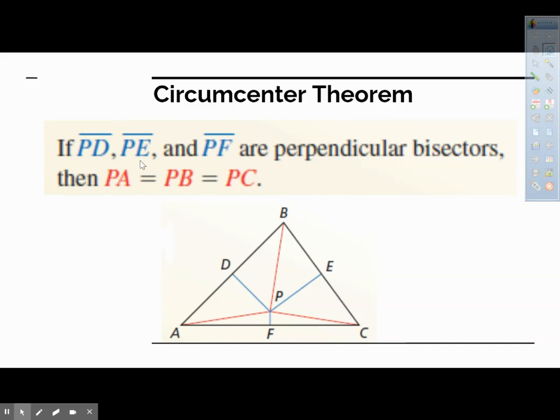It says if PD, PF, and PE are perpendicular bisectors, then that means the length of PA is equal to the length of PB, which is equal to the length of PC. Okay, so what that means is